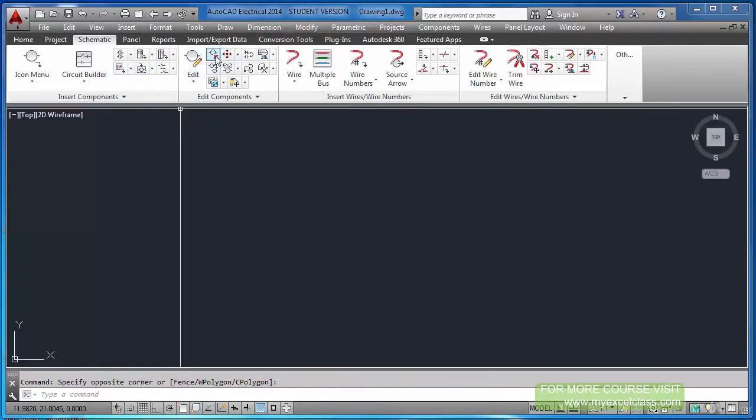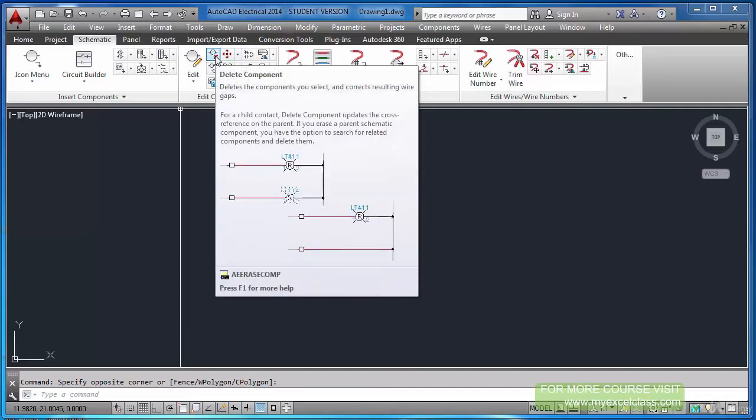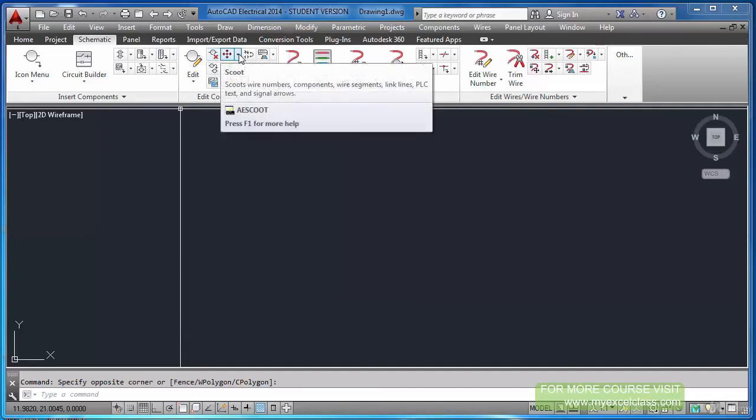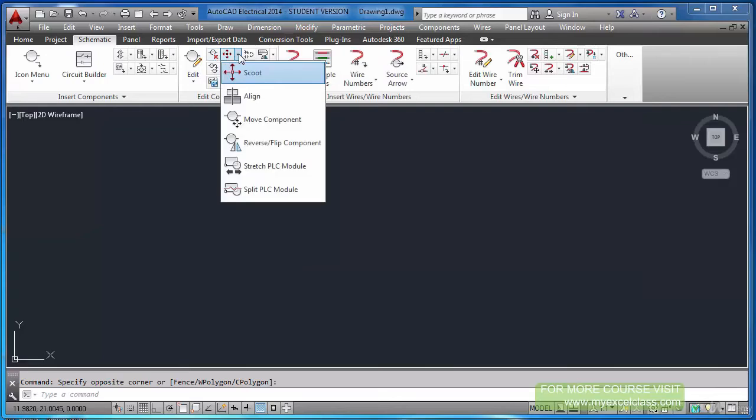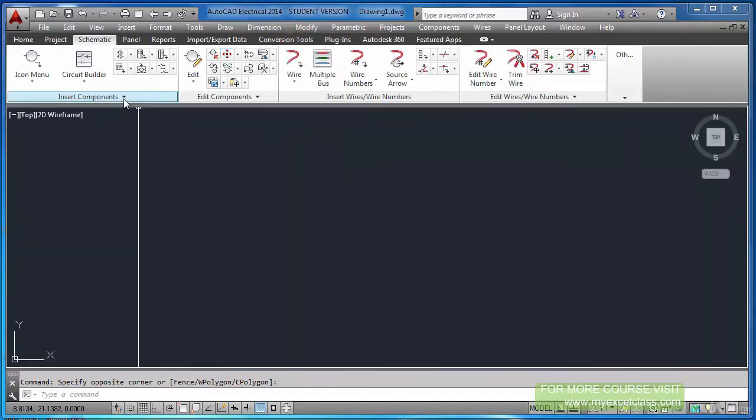In some cases you may not get that. Here you will get only the delete command, nothing else. But if you see this arrow here and click that, there are many options.